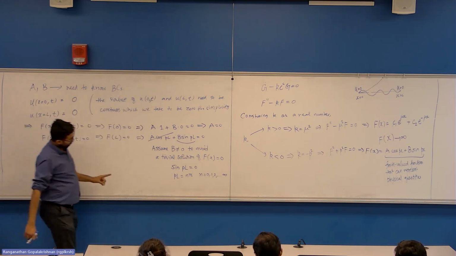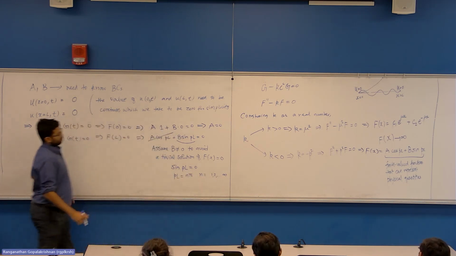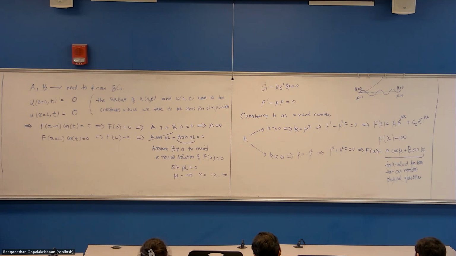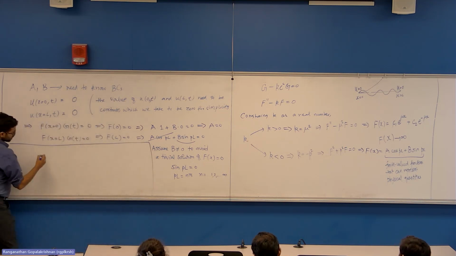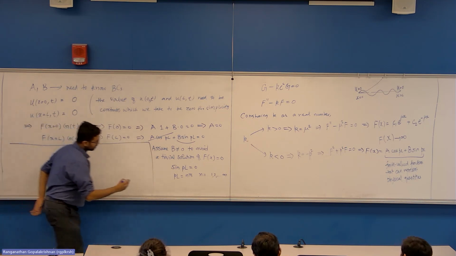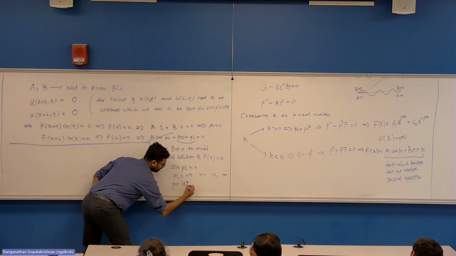Actually, not 0, because that would include the trivial solution. So that implies P, the parameter, is n pi over L,